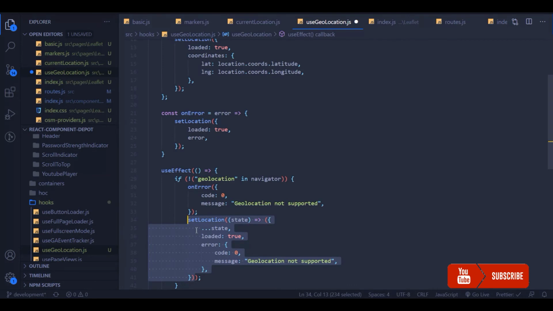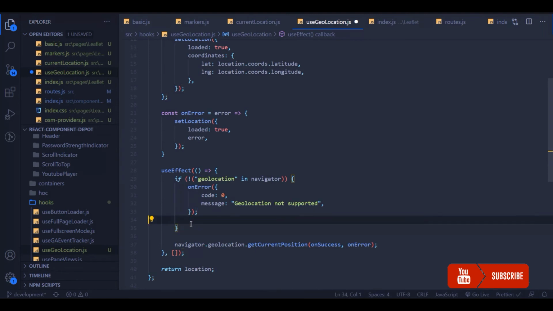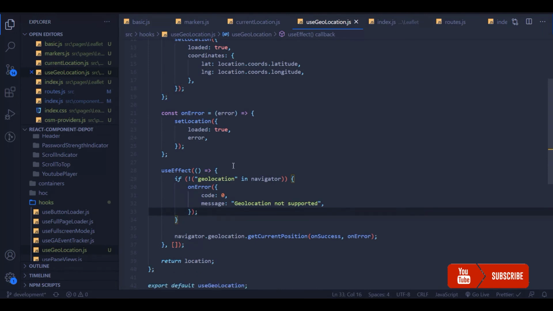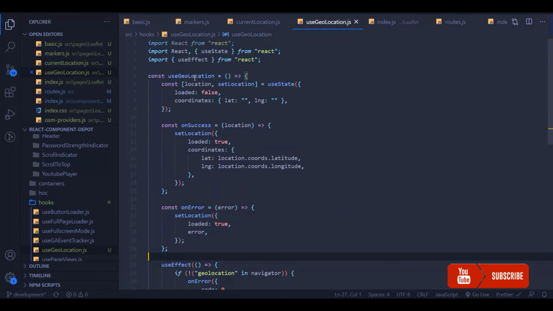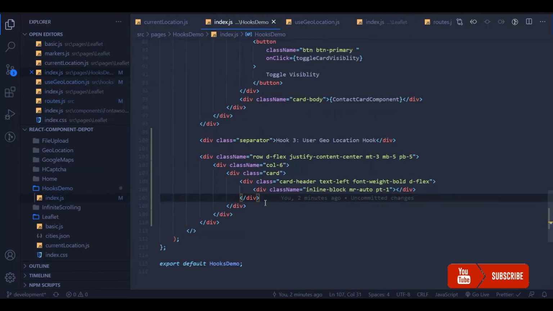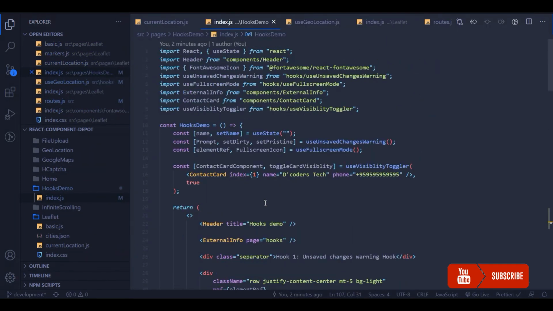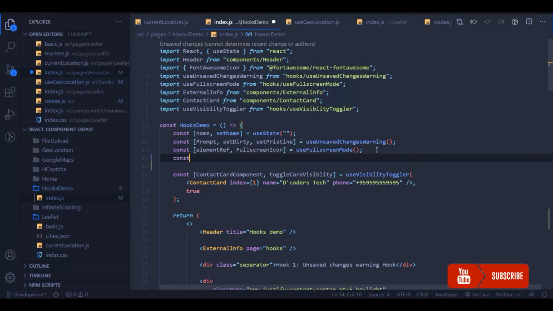So let's go back to our application, import this useGeolocation hook here, and get the user's location. For this demo, I'm just going to print it in JSON stringify format.